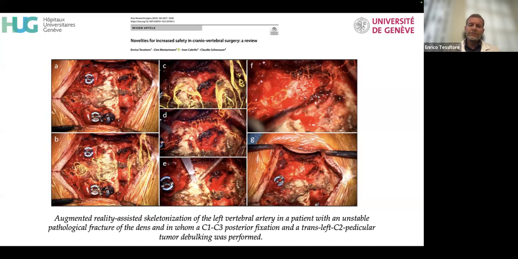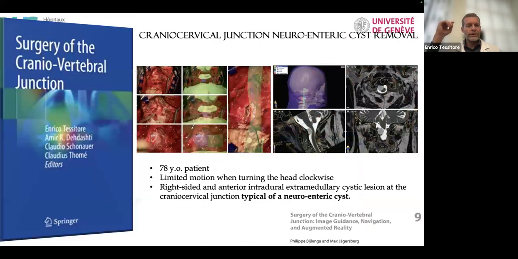So we knew from the beginning where the vertebral artery and the V3 segment is located. You know, this is a segment which is not protected by bone, very delicate and dangerous to go there. And we went through the pedicle to resect part of the dysplasia very safely. You might see the correspondence between the true artery, the skeletonized artery, and the computer-generated images. And at the end, the surgery was safely performed with fixation C1 down to C3. We already mentioned this case in our book on the craniocervical junction.